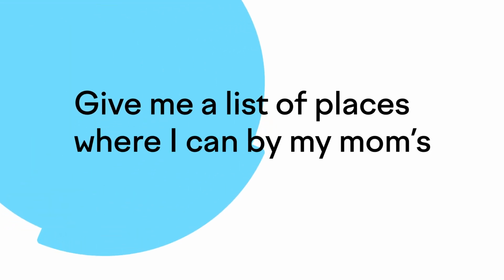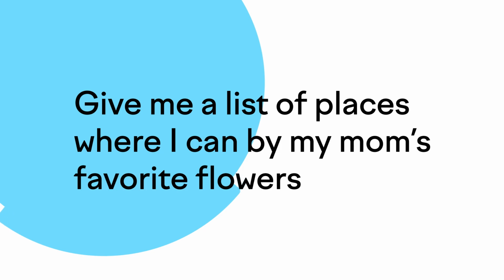For example, if I were to ask a Gen AI model to give me a list of places where I can buy my mom her favorite flowers, it might not provide me with the right answer because it doesn't have the right answer or even the right context to answer that question. Hold up, I don't even have the right answer to that question. What is my mom's favorite flower? I really should know that one. Now, if the Gen AI doesn't know the answer, it might be nice and just let you know that. It can not answer the question or the task you asked it.